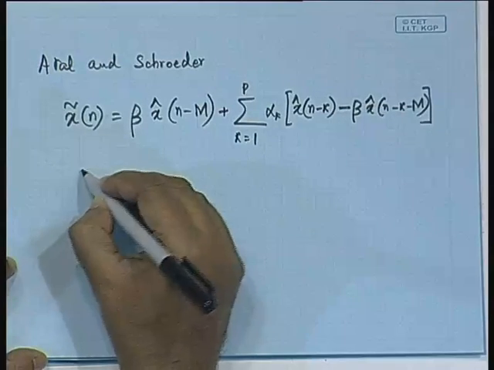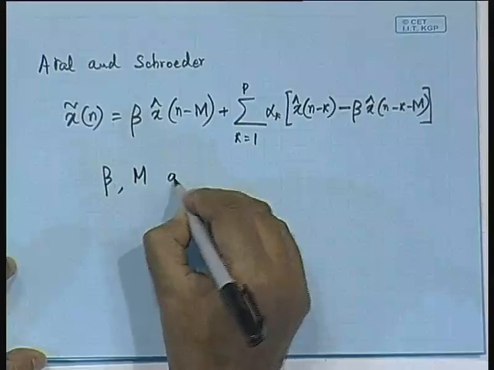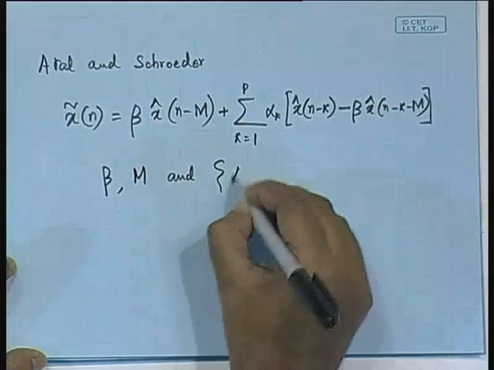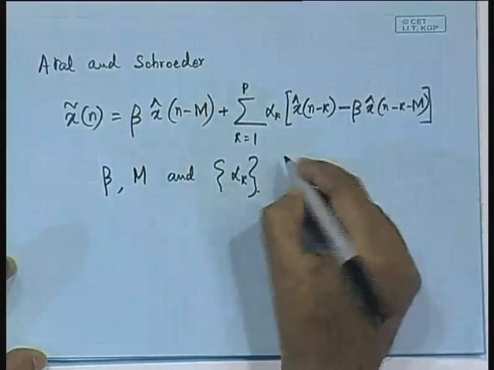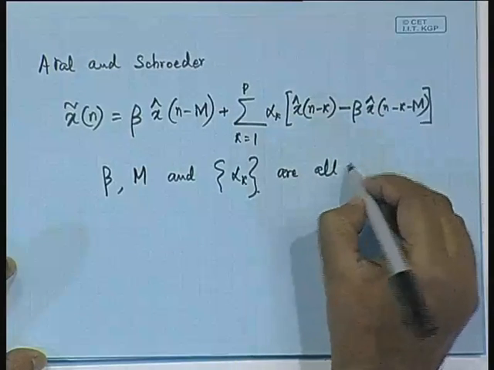So, the predictor parameters are beta, then capital M and the coefficients alpha k, they are all adapted at intervals of